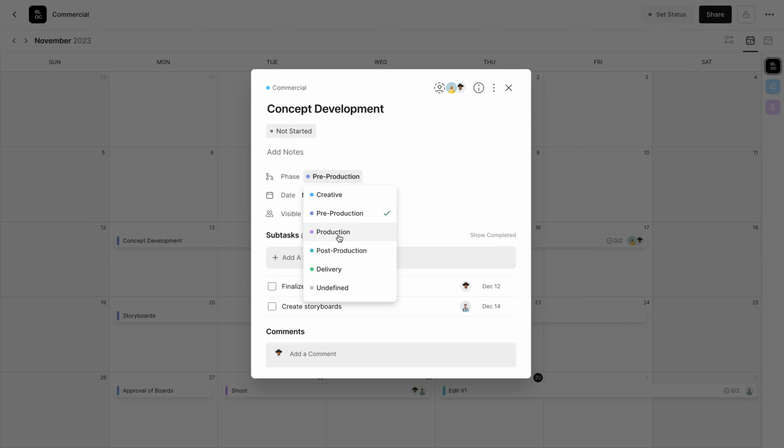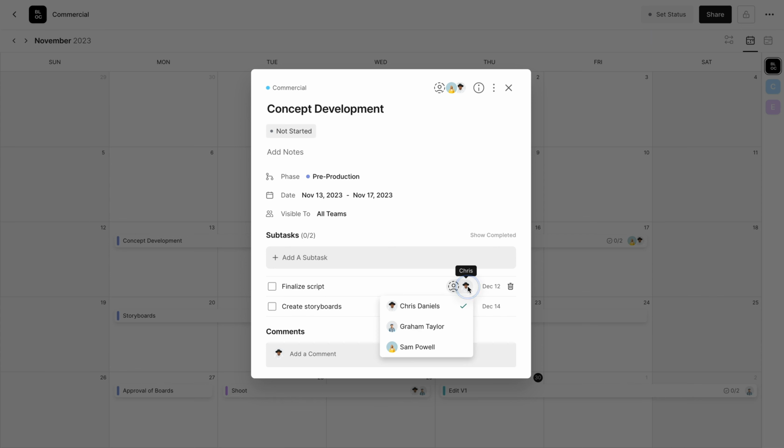And so if you remember, during project setup, you will build out the phases for the project, choosing them yourselves. And then you can simply decide which phase this task falls under. Beneath that, we have the ability to add subtasks. In this instance, finalize script, create storyboards, which we can then assign to people and set individual due dates for